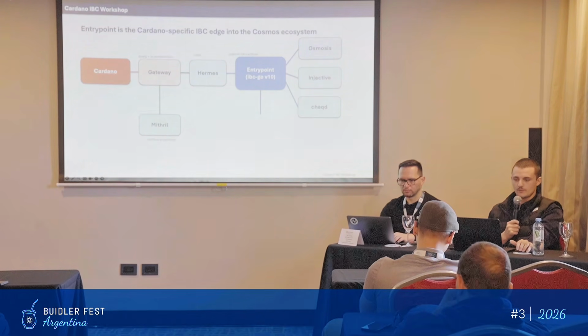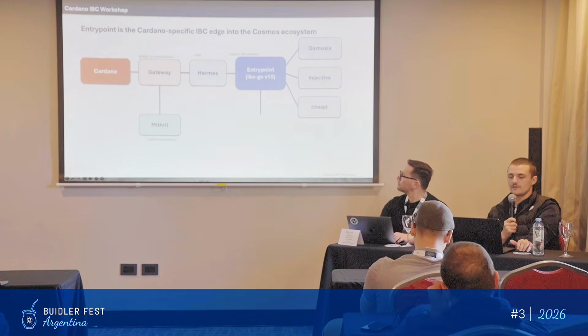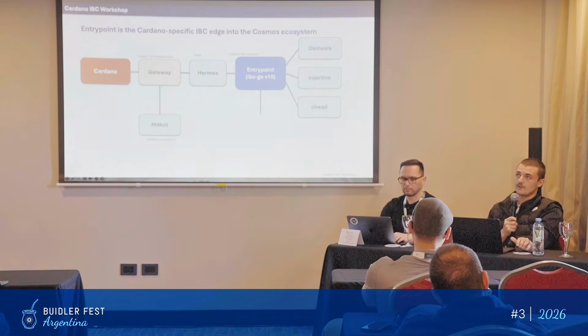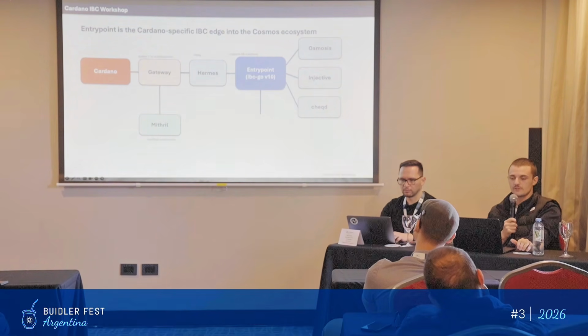So just quickly, what we're looking at here, Entry Point, is a Cosmos chain that we're using. That is literally our entry point into the system. The reason that we're doing it that way is because we have to deploy smart contracts for Cardano, and we have a lot of proprietary logic that we don't want coupled with some other blockchain ecosystem necessarily. So this is our one sovereign chain that we control. We built a Mithril-like client, which adheres to the IBC v10 standard, and that is deployed there.